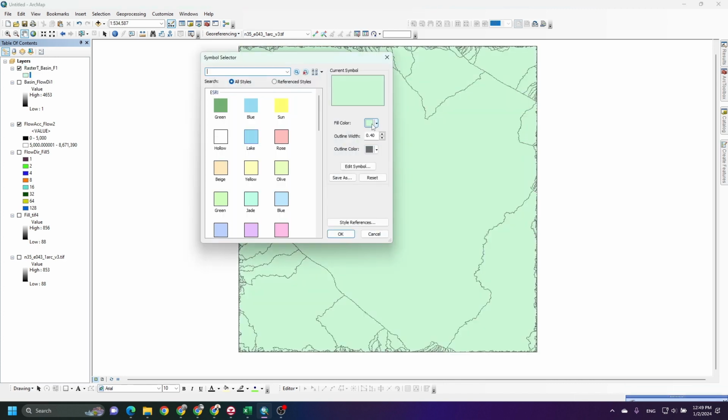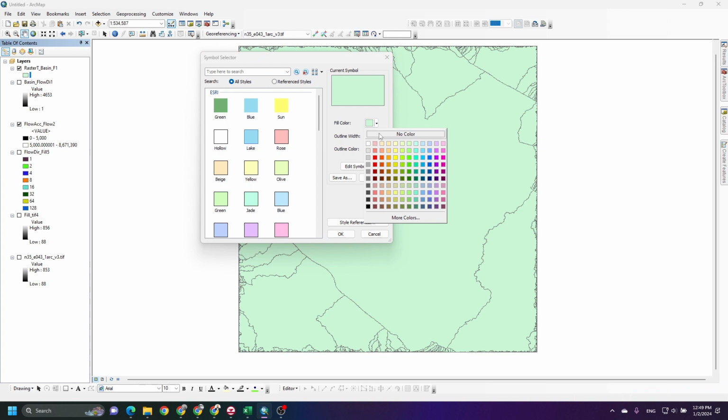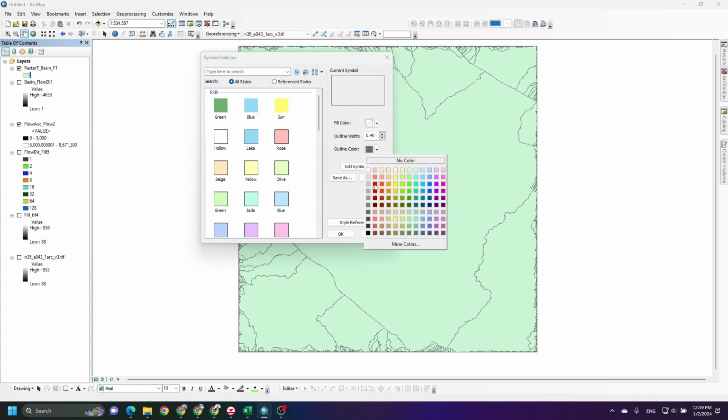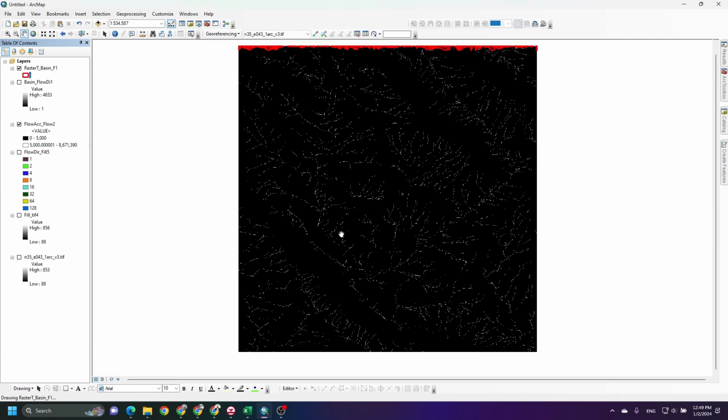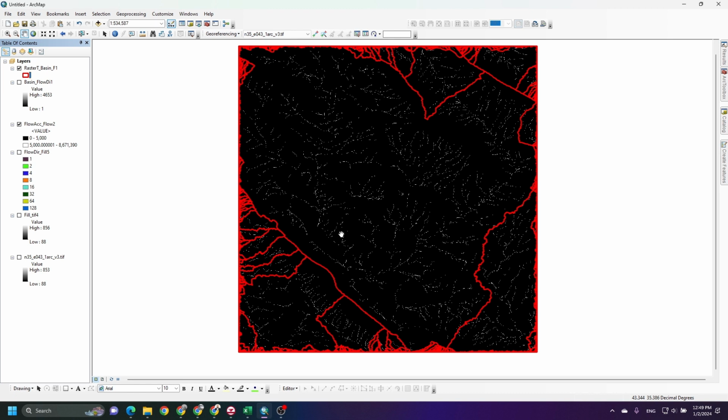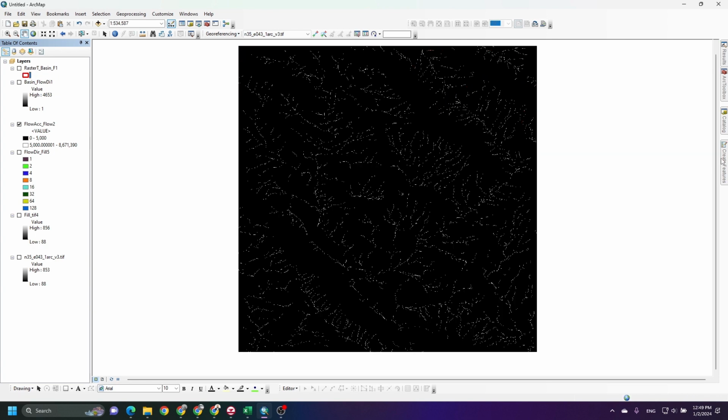We can change or edit the properties. Let's say no color, just to be clear. And then we can go to the raster calculator.